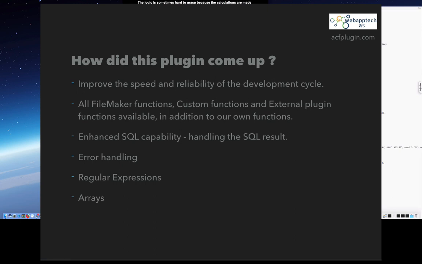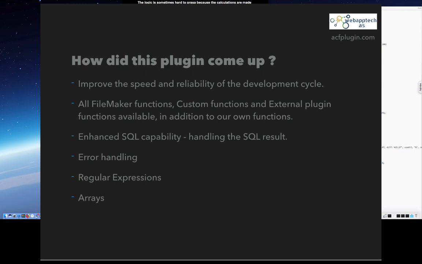Having loops, three kinds of loops: for loops with a loop control variable, while loops with an initial condition, and repeat until loops with an end condition. We have included a set of functions in the ACF language. The most common ones. In addition to that, you can use the whole set of FileMaker functions as well, directly from the ACF source.